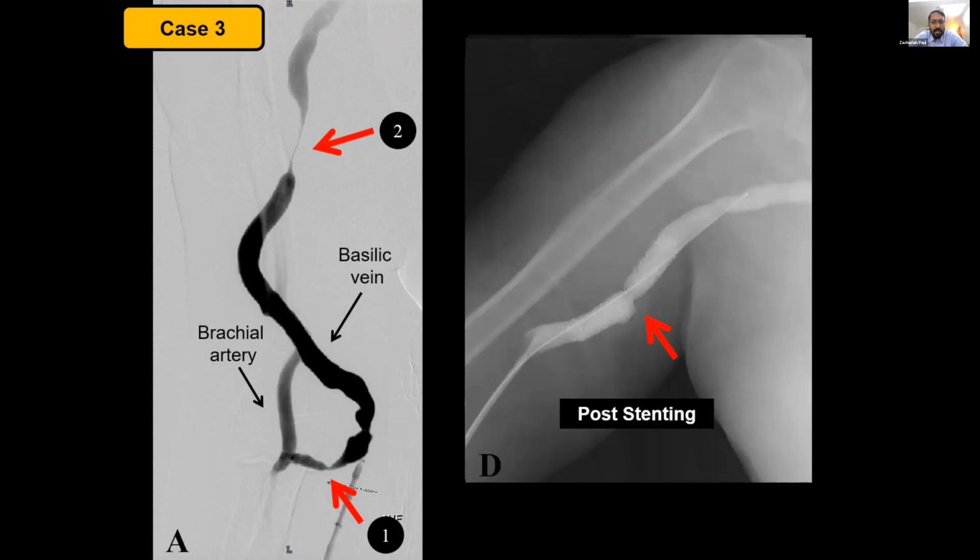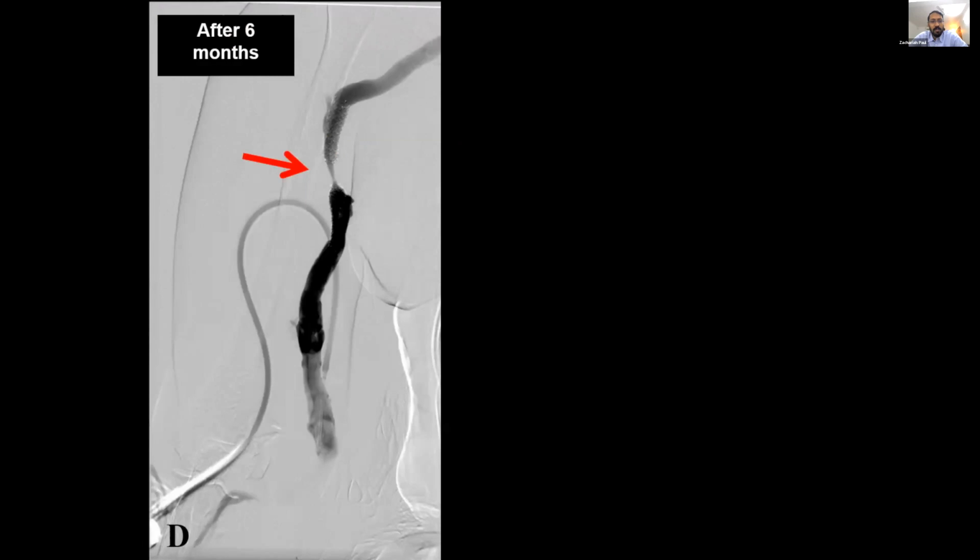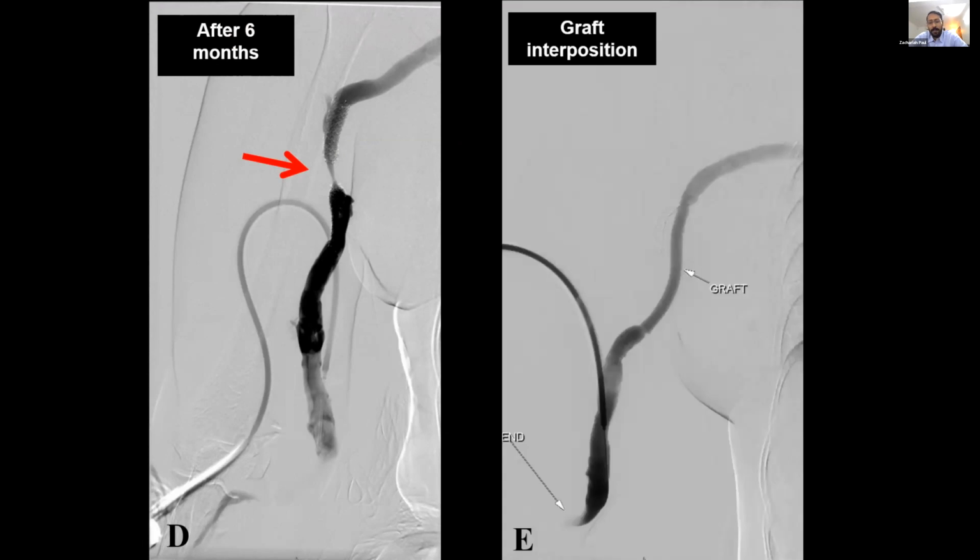For the distal anastomotic stenosis, we tried to open it up with the same balloon because we had to use the same balloon, but it didn't open up. So on table, we went for a revision surgery and did the anastomosis above the stenosis. The fistula went on well for 6 months and there was no issue. Then we again had a problem of prolonged venous bleeding. We did a check venogram, and this is what we saw: the stent had fractured. Subsequently, we put in a PTFE graft.